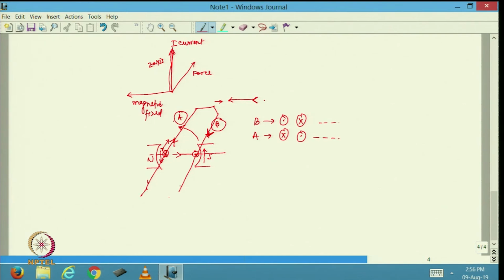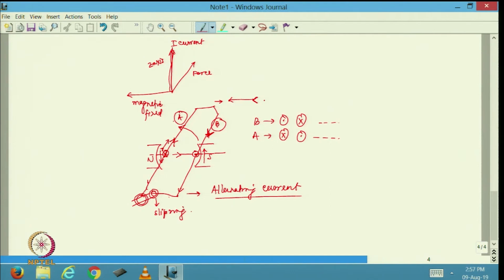So, if I try to collect the current directly from these two, I am going to see that I will get only alternating current. So, that will not work really if I want to construct a DC machine. So, what I will do is, normally this particular conductor will be connected to a ring and this particular conductor will also be connected to a ring. So, these two rings will be connected along with the shaft. So, normally these rings are known as slip ring.